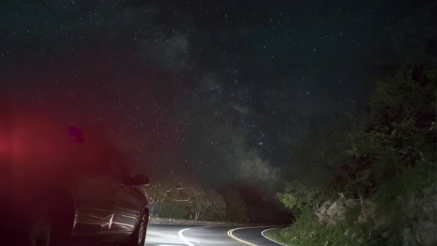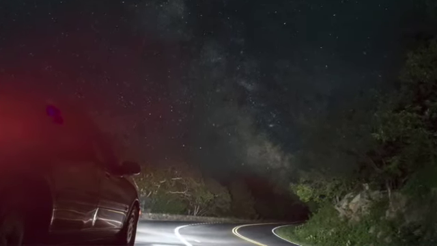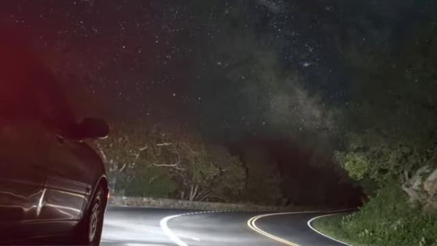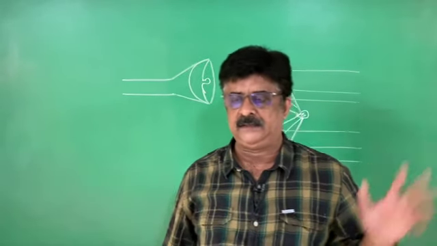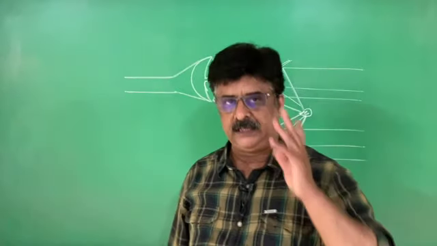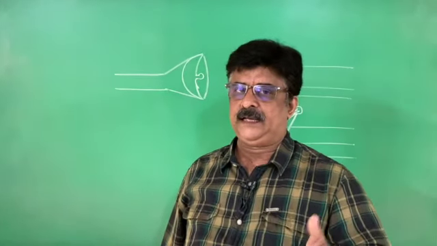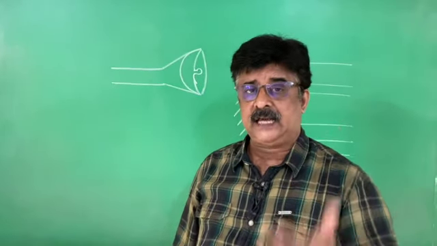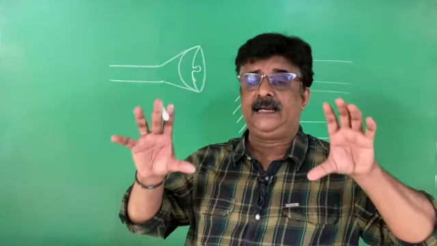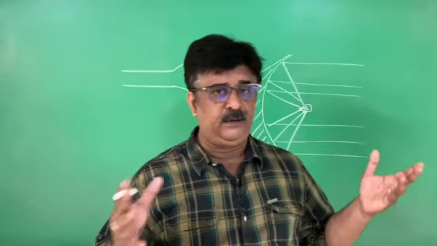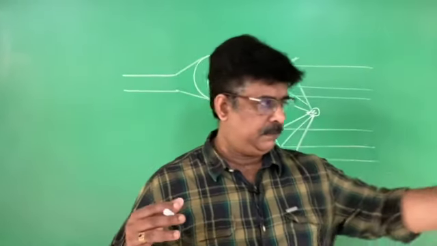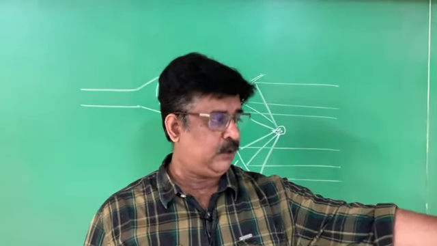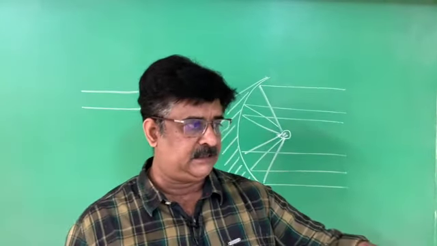Therefore, when the vehicle is turning, we get the parallel beam of light, and we can see the road very nicely. Therefore, the first use of concave mirror is that concave mirrors are used in torches, searchlights, and headlights of vehicles. And we know the concave mirrors are used as the shaving mirror. This is the shaving mirror.